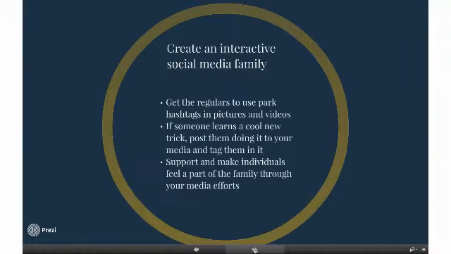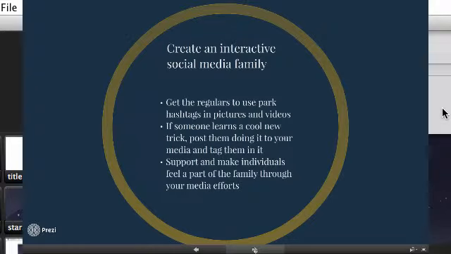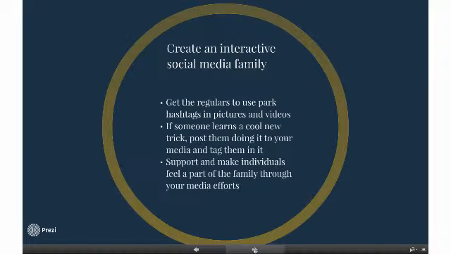When you're using your social media sites, your main goal is to create an interactive social media family. When you have a skate park, you are in one set location. Due to this, you generally have a group of regulars that sustain your business, keep your revenue flowing, and do most of the work when it comes to spreading the word about your park. It is for this reason that you want to get these individuals as involved as possible when it comes to things like using hashtags that link people to your accounts and retweeting and sharing the things you post in order to reach a much larger audience. You will accomplish this by creating a social media family between you and your regular customers.